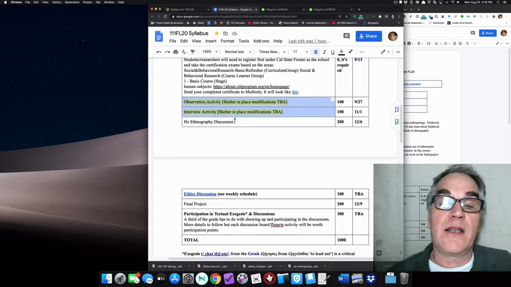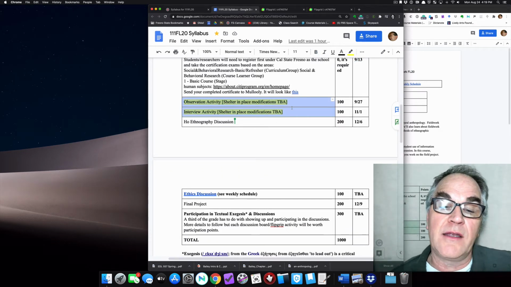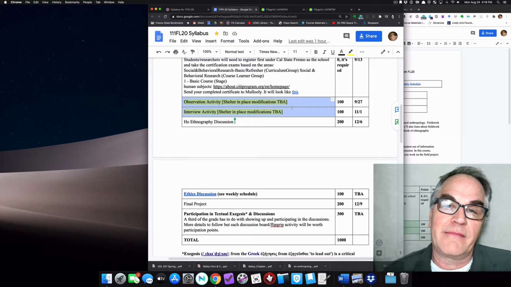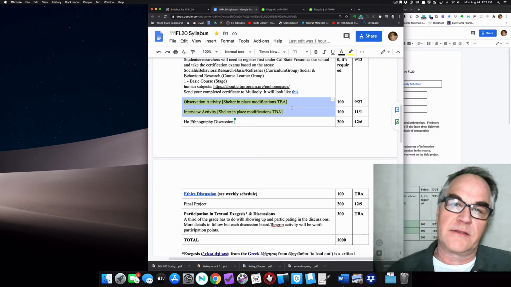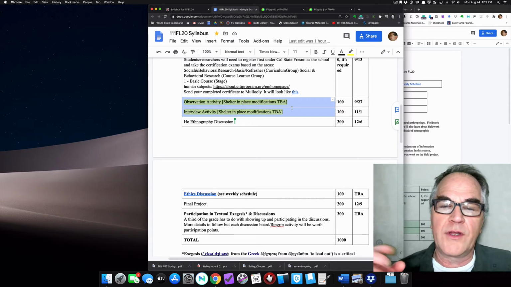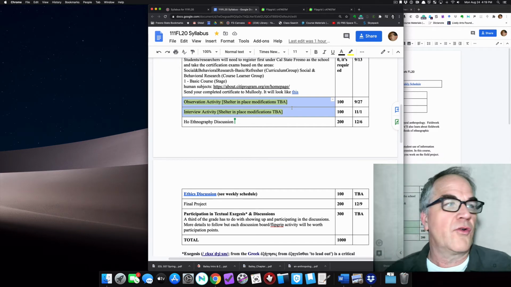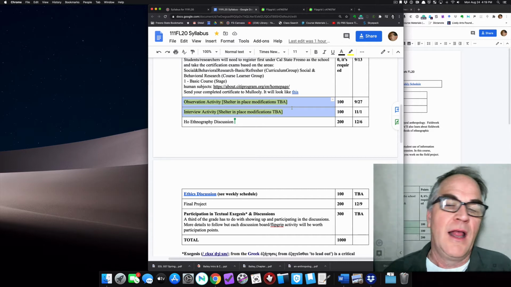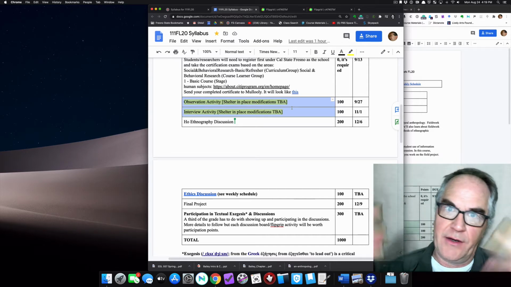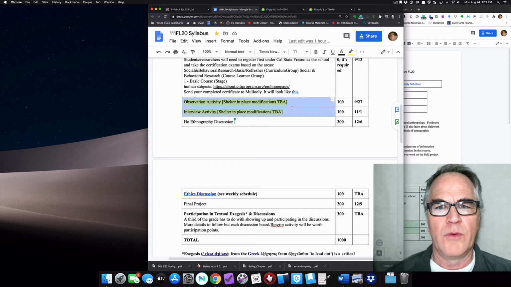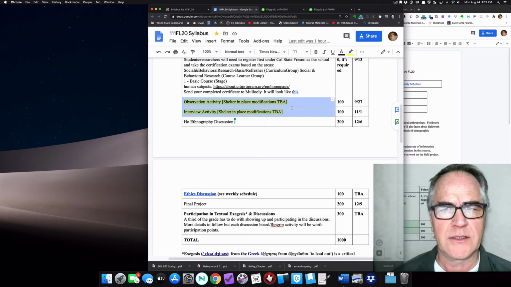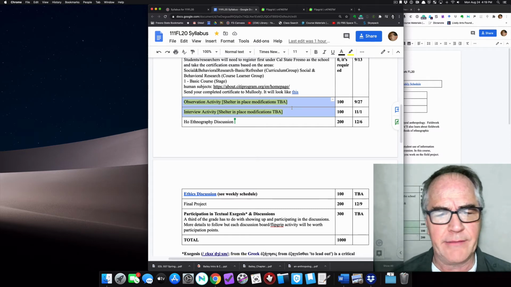Here you see these yellow things, the observation and the interview activity. I'm not explaining them. I had great details of explanation, but they were all about observing something at a coffee shop, across campus or something like that. I am not doing any of that. All right, and this is part of why I'm shifting gears, and it's taking a little time. We will do observations, but they'll be from your home, from your shelter-in-place locations. All right, there's no need for that.